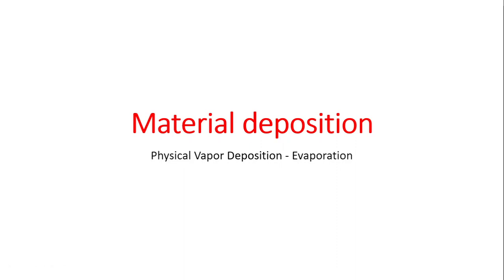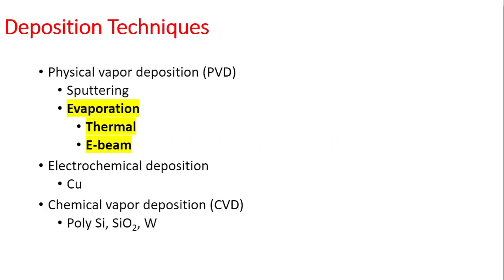Hello everyone. So in this video we'll be talking about physical vapor deposition using evaporation, which is a material deposition technique. Now deposition techniques in general are of three types: physical vapor deposition, which can further be classified into two types: sputtering and evaporation. Evaporation can further be of two types: thermal evaporation and electron beam evaporation, and I'll be talking about these two